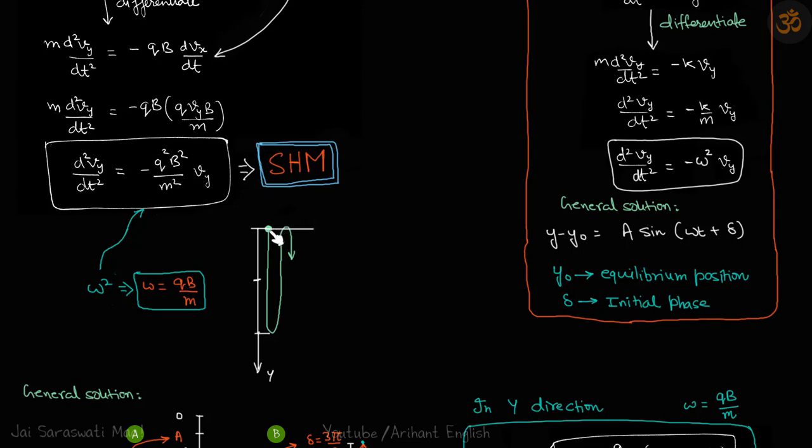So the particle has started from here. It will reach its maximum velocity here. It will come at stop. It will again go back. And like this, it will keep performing the SHM. Now be very clear, we are only talking about y direction. We are not talking about x direction right now. So in y direction, the particle is performing SHM and starts from the top.